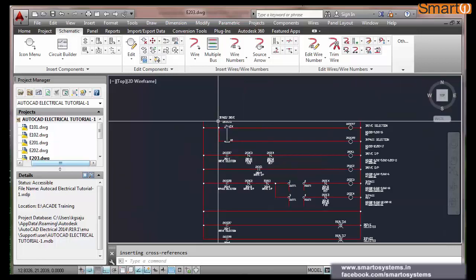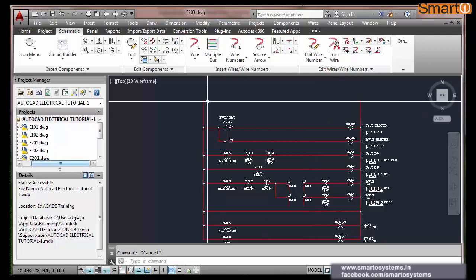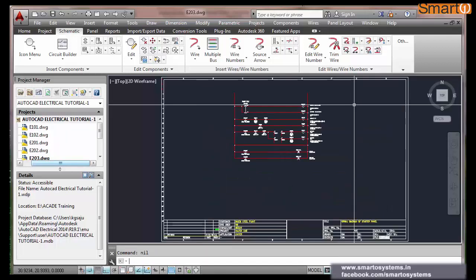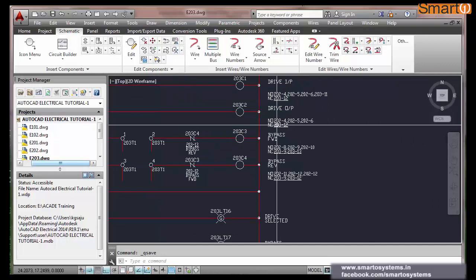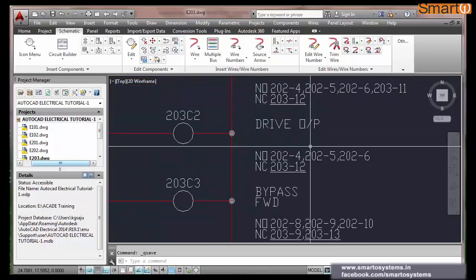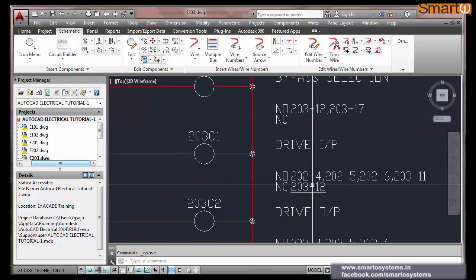So this is true. Now your control supply may be 24 volt, 110 volt, 220, whatever it is. Give the phase on this side and neutral on this side. Your control circuit is true. Now if you want to do the cross referencing and all, it must have already come. See, drive, it is already there. See, drive input contactor we have used on 202,